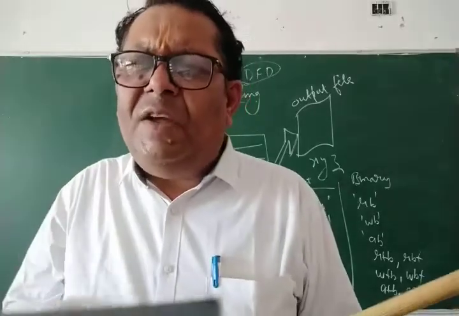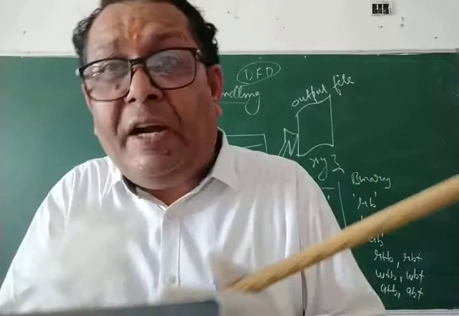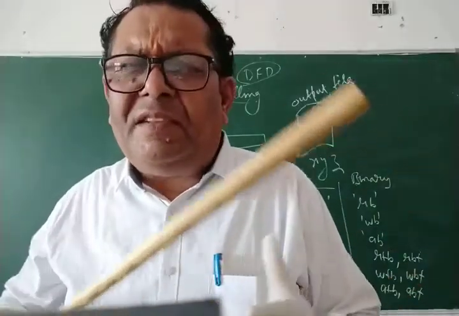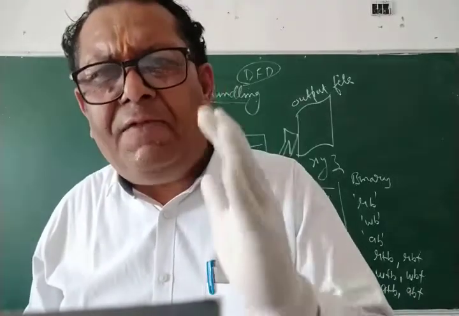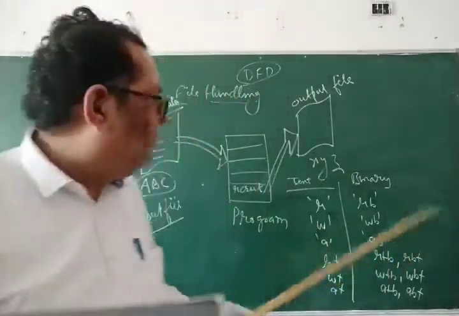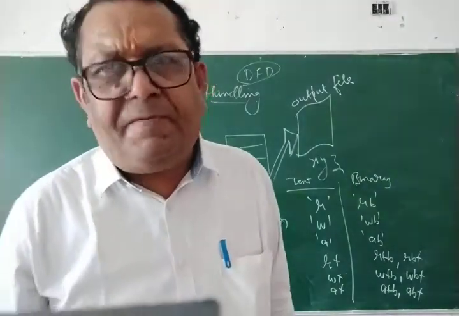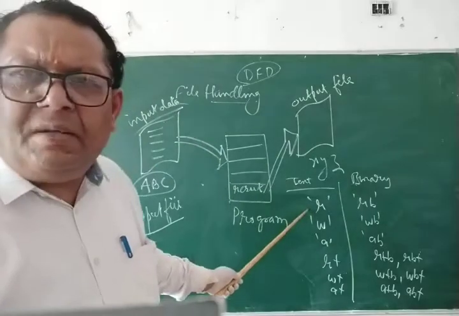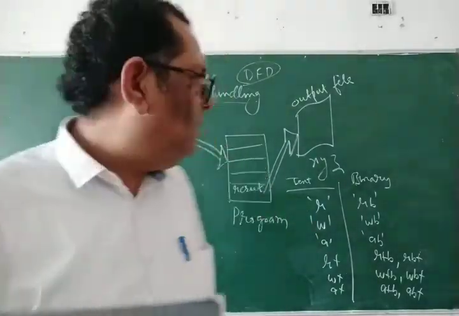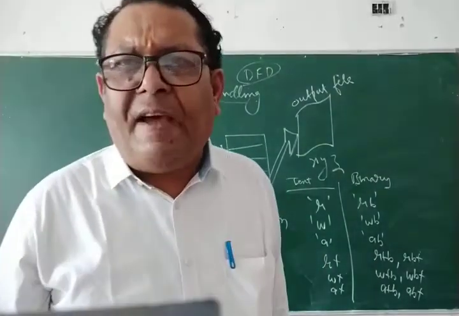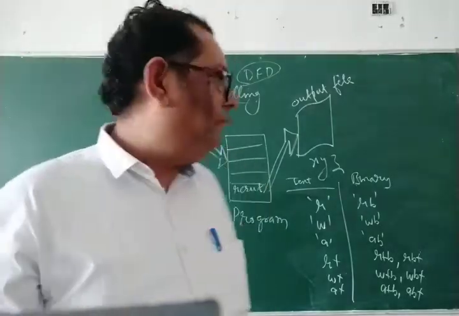There are some cases where you want to open the file in both the modes. You want to read also, you want to write also. But there are some situations where you will open the file only for reading or only for writing. So these are the modes that will let you know for what purpose the file is opened. R is the mode that tells that the file is opened for reading only. W is the mode that tells that the file is opened only for writing. You cannot read that file, you can only write the file.